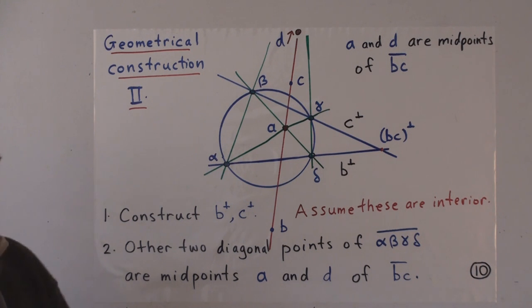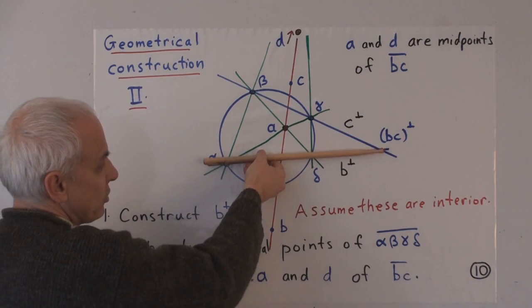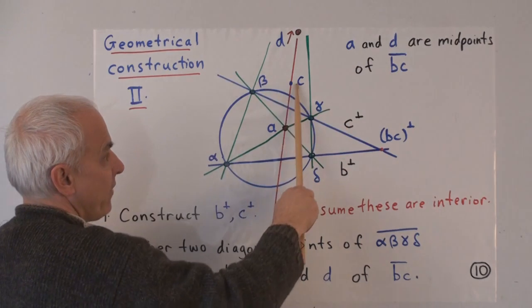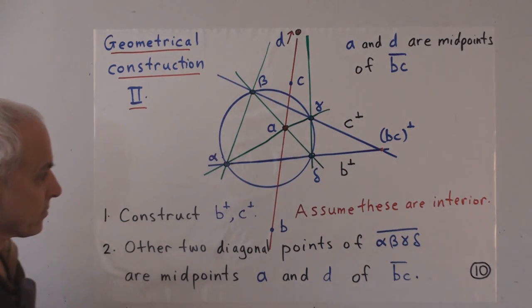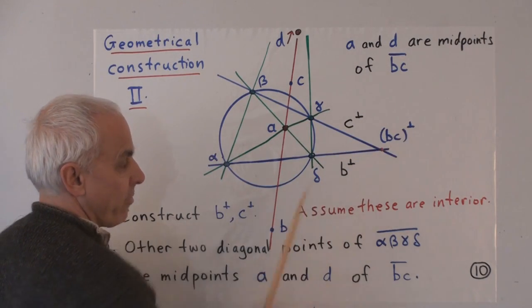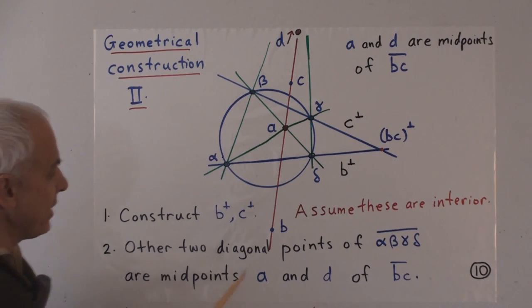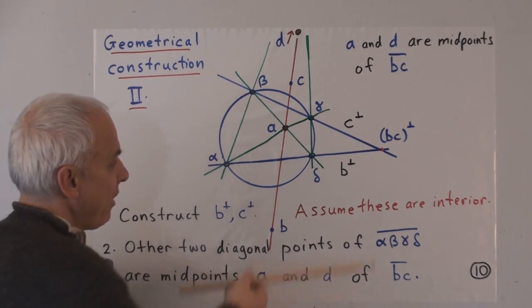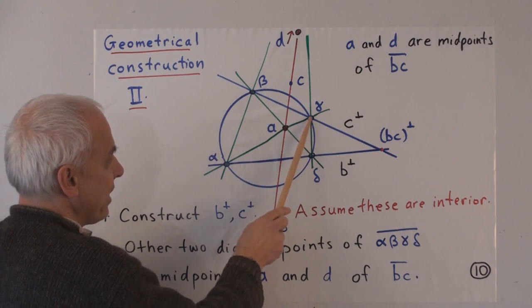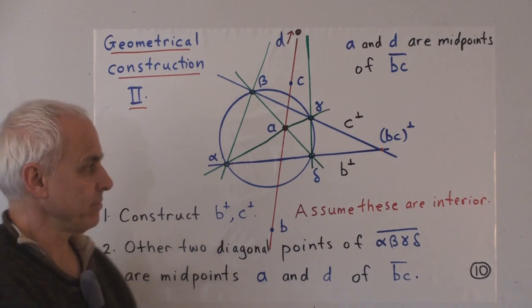Here we can do something different. So this is construction 2. In this case, what we can do is construct the duals of B and C, the dual lines. So there's the dual line B perp. There's the dual line C perp, the dual of that point and the dual of that point. Now those 2 lines will meet in BC perp. And in this case, because B and C are outside, the dual lines meet the null circle here in alpha, beta, gamma, delta. At least they do geometrically.